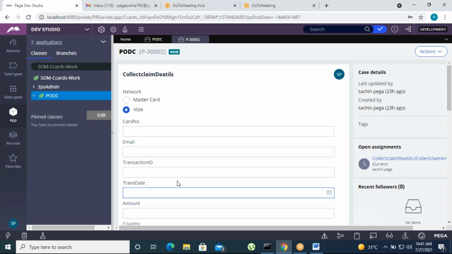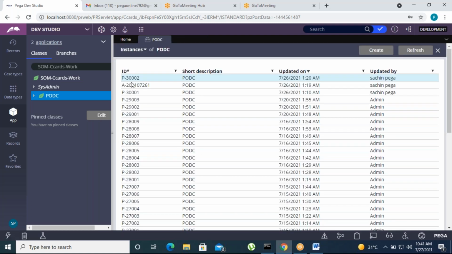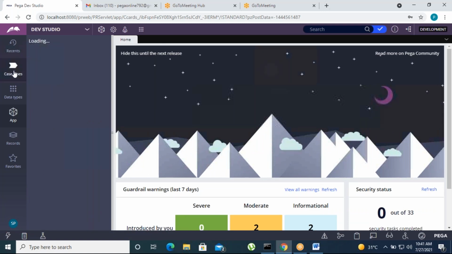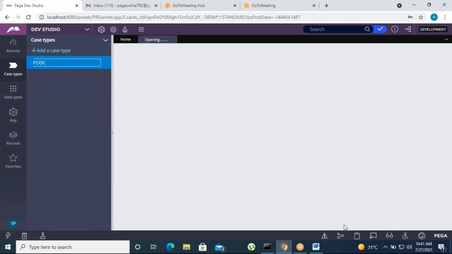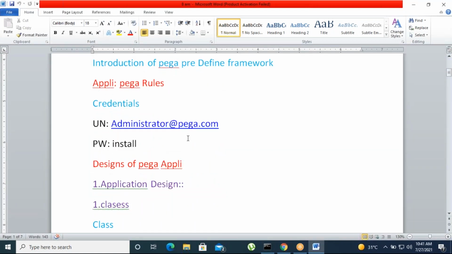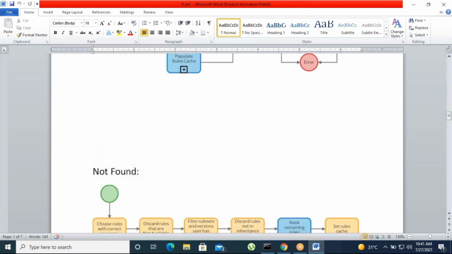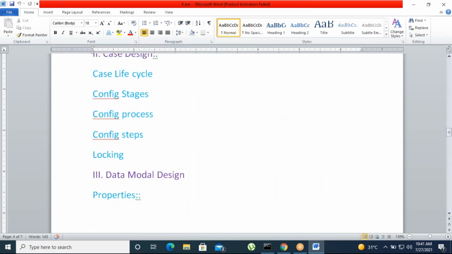I'm going to show you one more requirement in the case management concept: how to do a duplicate search. First we'll go and see what things are required. First I'm going to go to case type. These two are case management concepts only, guys, and one concept is case design. Optional actions come under case management, under local actions, completed or not completed.